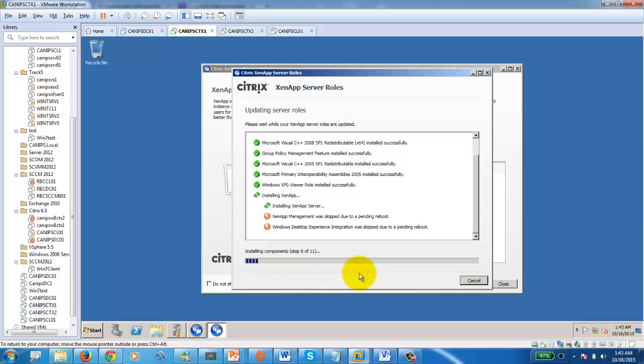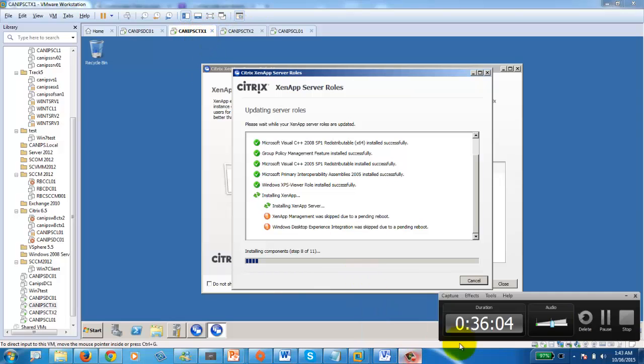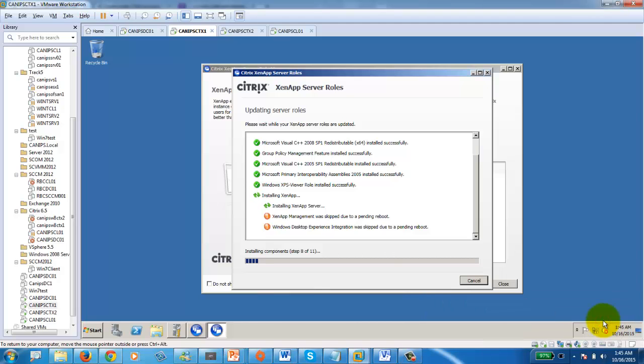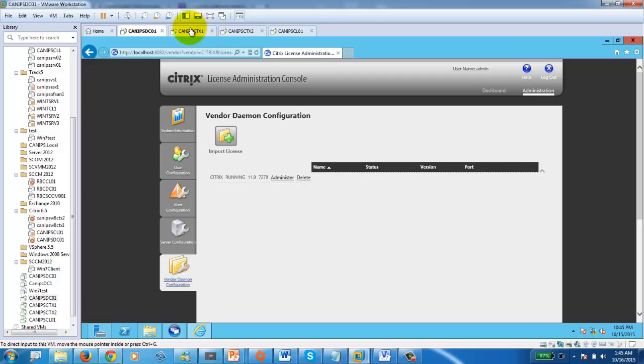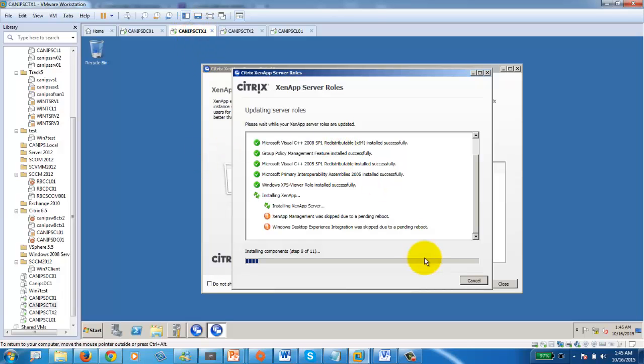This one is going on, so let's pause. So it's been a few minutes already. It is still being installed on both of them. Our license server is ready. Once they are installed,